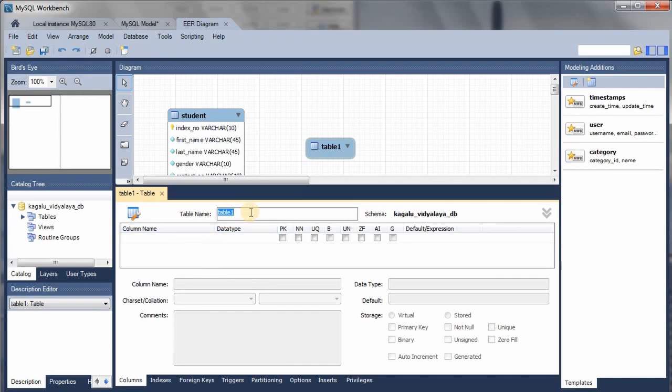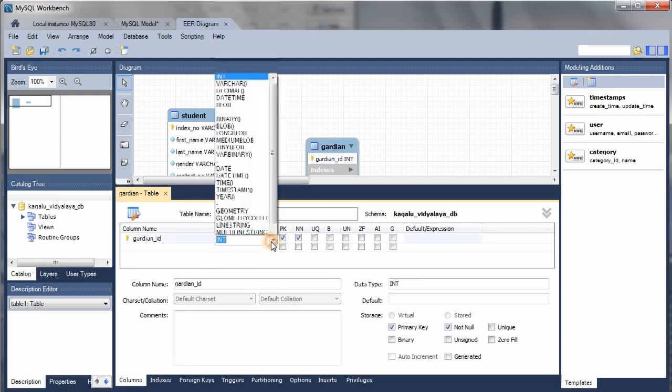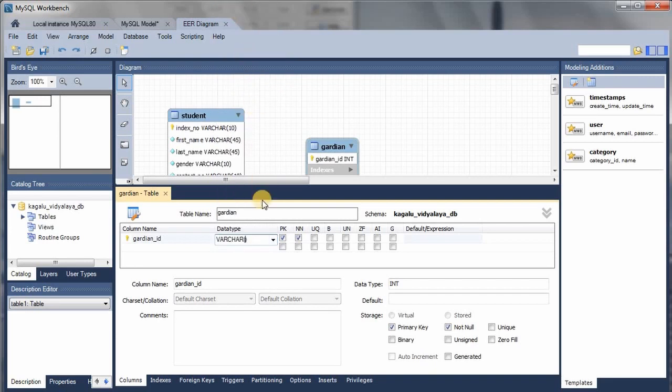Here I'm going to rename the table to guardian, and here's the first attribute, guardian ID. And I'm going to change the data type to varchar and set the length to 10. And here's the second attribute, first name.